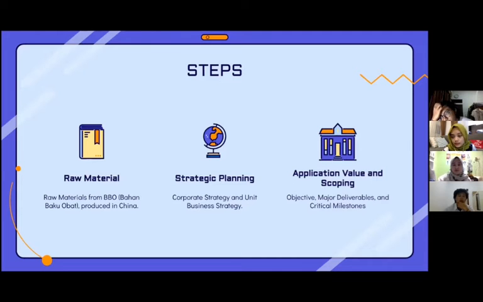And for the major deliverables, we have to determine the business case, high-level requirements, and scope document, making contract with consulting partner and ERP package vendor. And also, as optional, we can determine the RFP for consulting partner and ERP package vendor selection. And for the critical milestones, we have to get the acceptance of the business case, identify the high-level scope and requirements, release the RFP for consulting partner and ERP vendor, and complete the contract